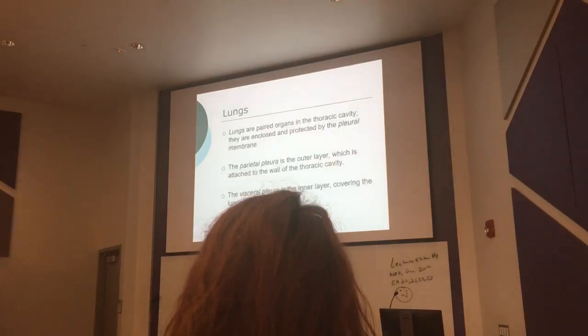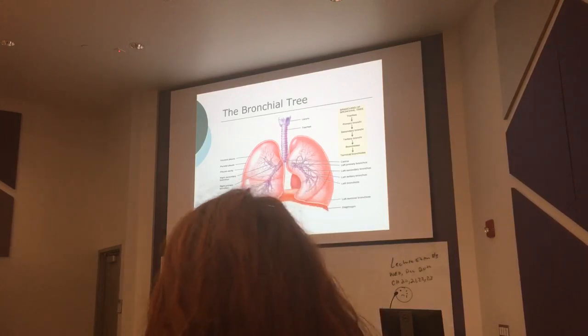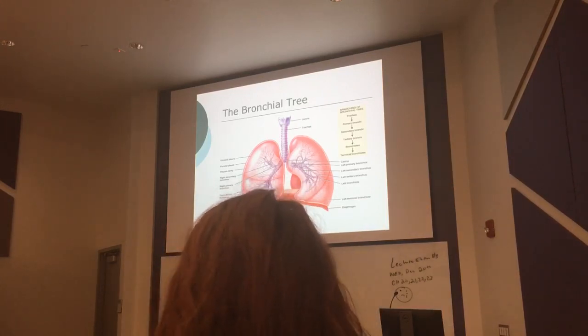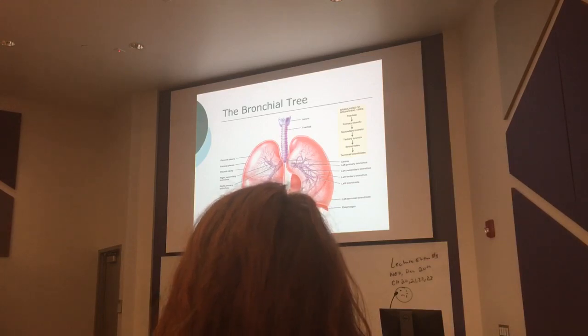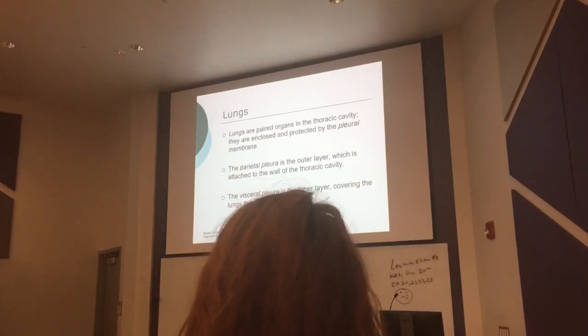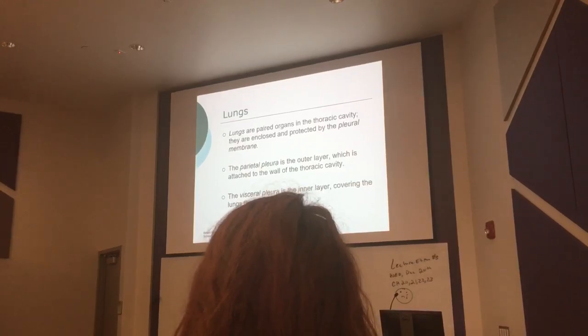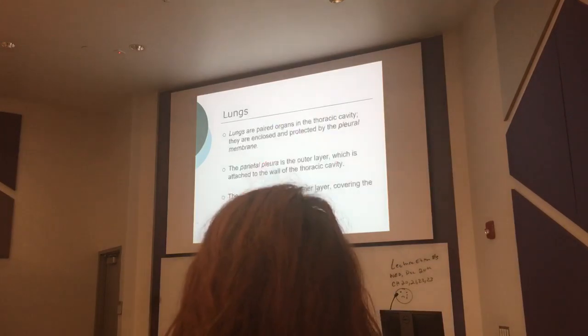Okay, so again, the lungs, we have two lungs. The right lung has superior, middle, and inferior lobes. On the left side, we have superior and inferior, but we have a cardiac notch here. On the right side, they're separated here by a horizontal fissure, oblique, and an oblique on this side. Okay, it's there somewhere for you.